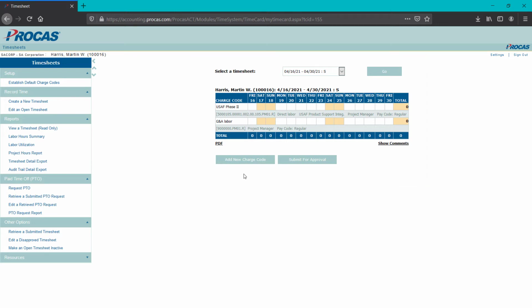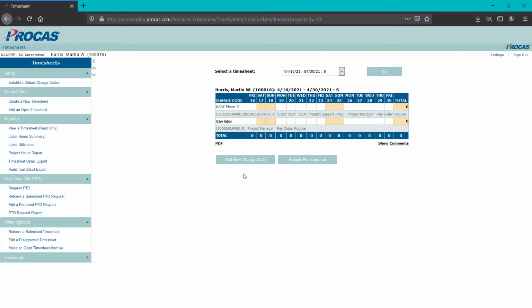Your system admin has predefined the timesheet cycle that you see, charge codes you have access to, the supervisor you're assigned to, and possible project-level approvers who will approve your submitted timesheets. PROCAS timekeeping uses charge codes that correspond with data set up in the PROCAS accounting system. Longer charge codes typically link your time to the project, task, or contract that you're working on. Your labor category is also part of the code. Shorter charge codes are generally for other types of labor, like overhead or G&A, or employee benefits like holiday time